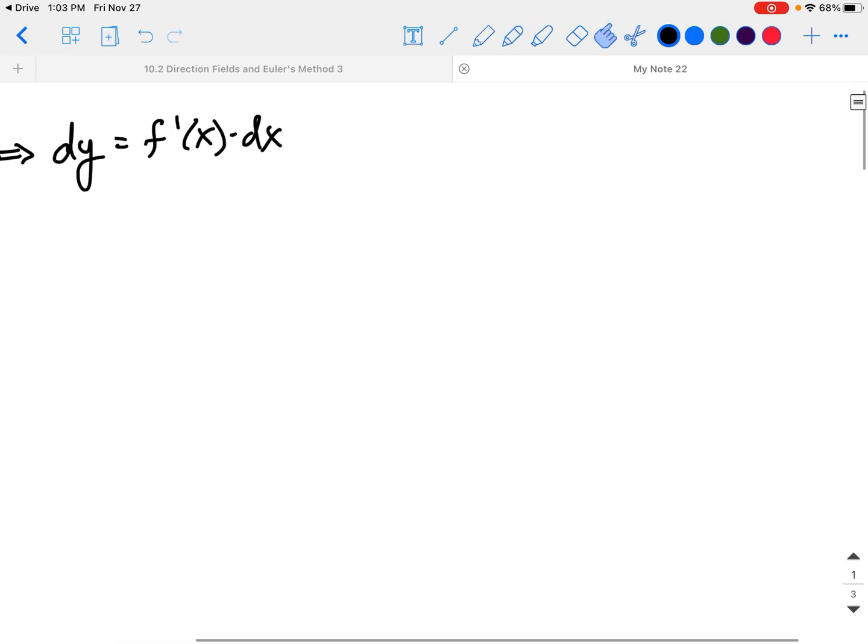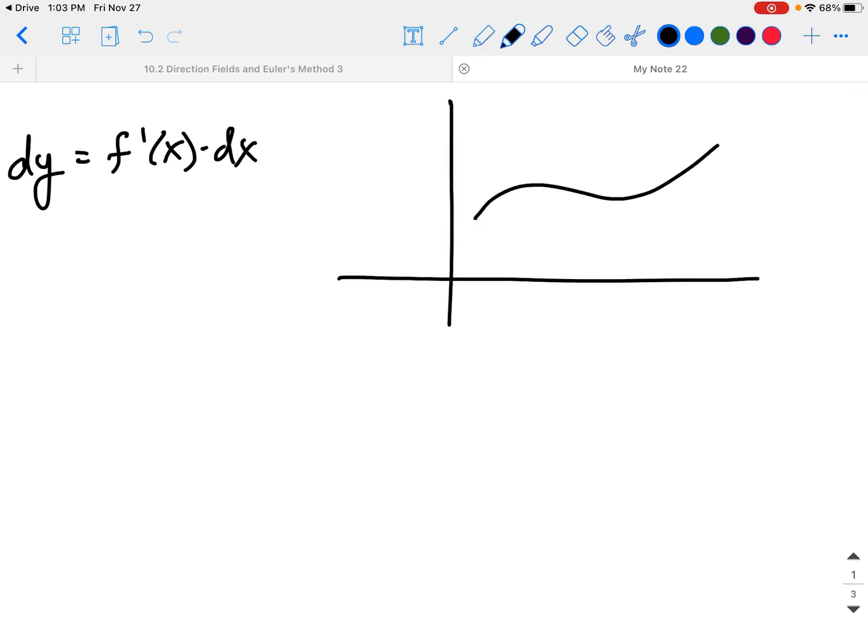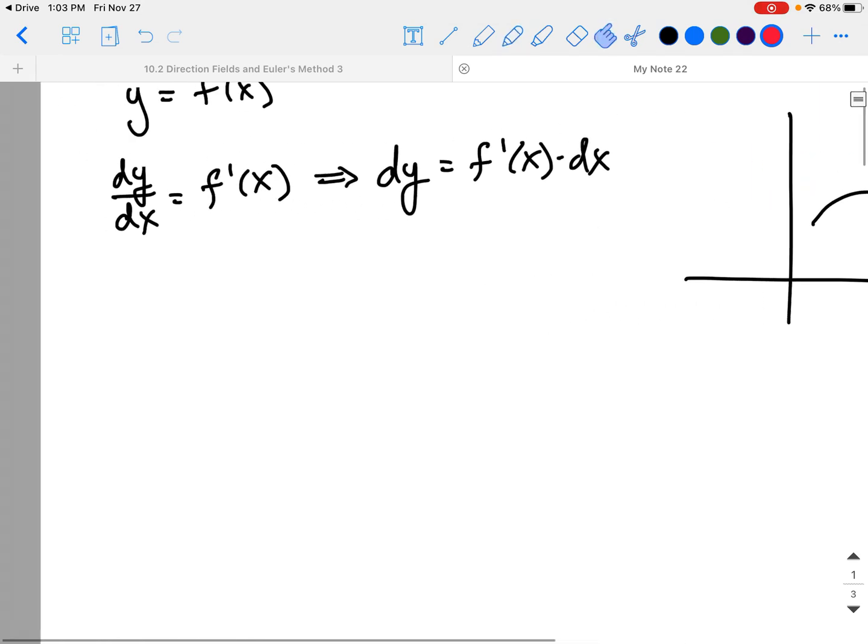So now let's add in kind of a picture here so we can see what's going on. So suppose we had some curve here. So if we're looking at a point on our curve, let's say it's here, we'll call that x. And let's go some distance away, let's call that x plus delta x. You could also do x plus h. So we've got those two points. So now dy over dx